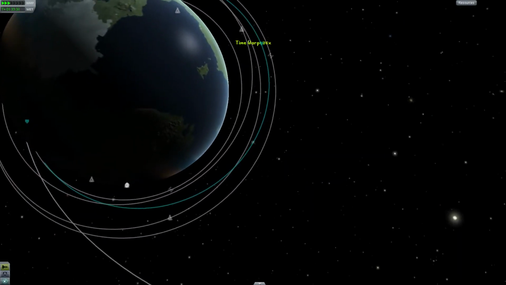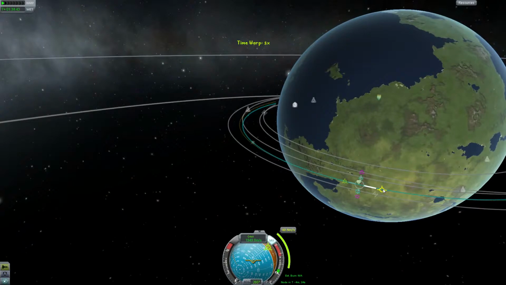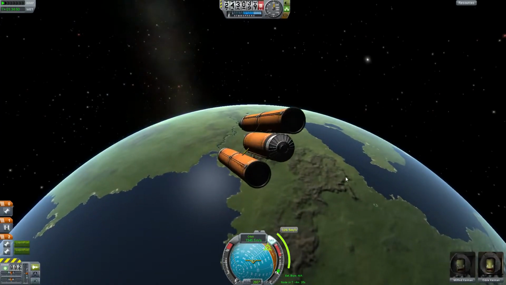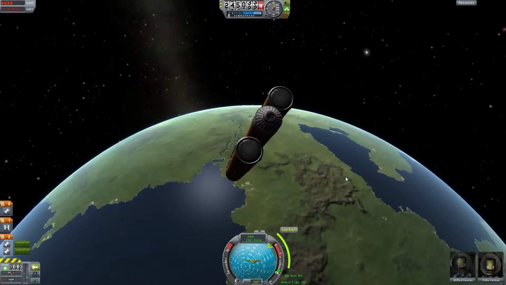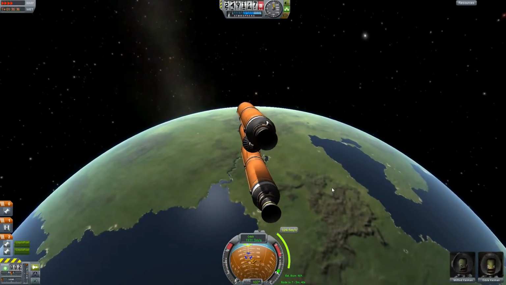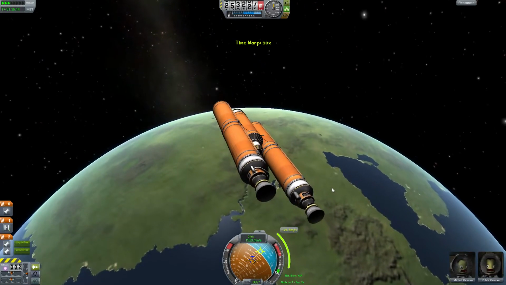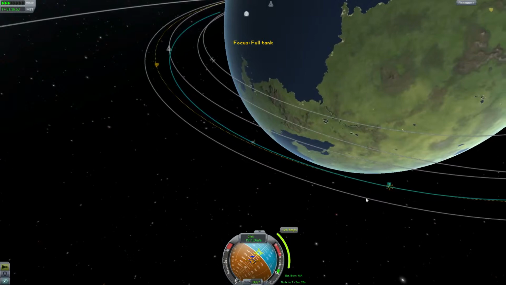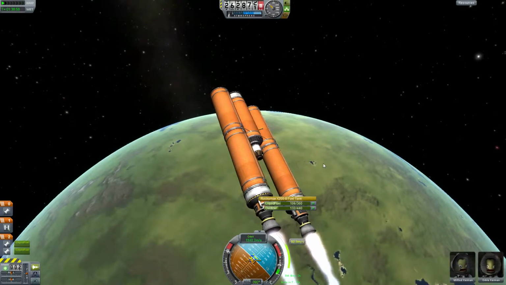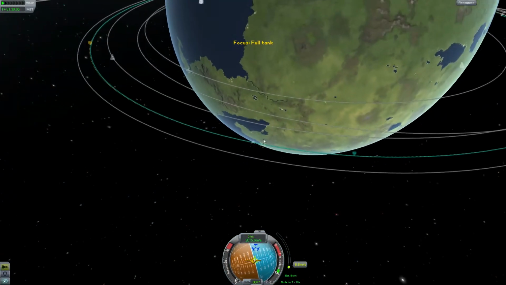Here I'm gonna circularize my orbit. To turn better, I just physical time accelerate, doesn't matter. And to lock my position, I just normal time accelerate. Here's a good place to start burning. I'll just use this fuel